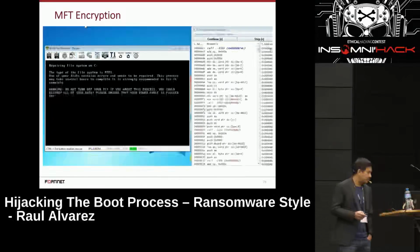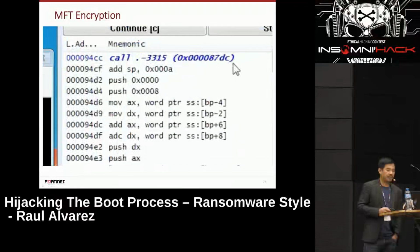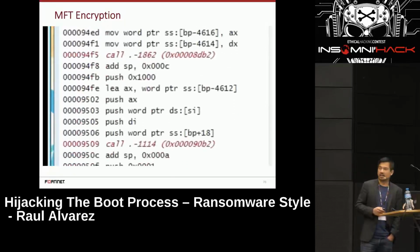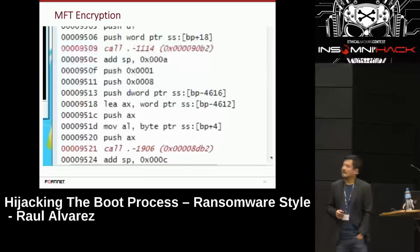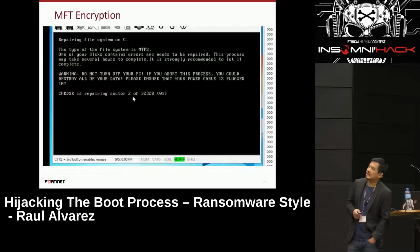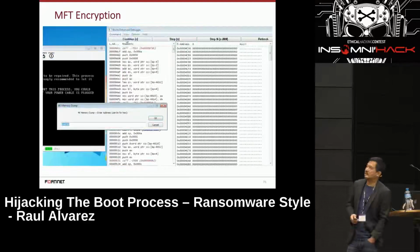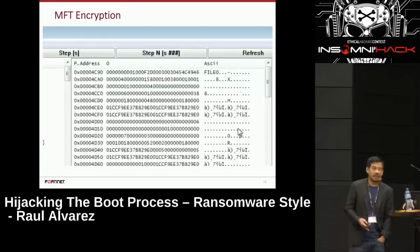This is what I'll show you. There's a video demo that will show you how it works. This is the code wherein it will try to read the contents of your MFT and then encrypt it. They are all in a box. It is just using a simple computation. It is now starting at sector 2 out of the 32,000 sectors. Refreshing this again. This one is a sample of an entry in your MFT which represents a file. Starting with this, and then after the encryption,